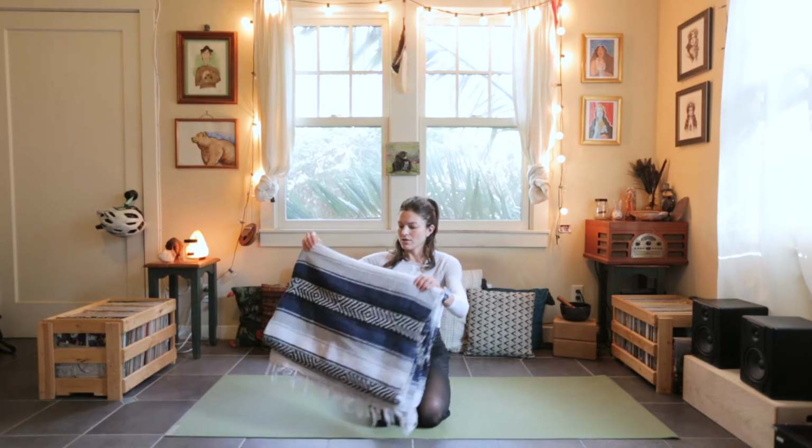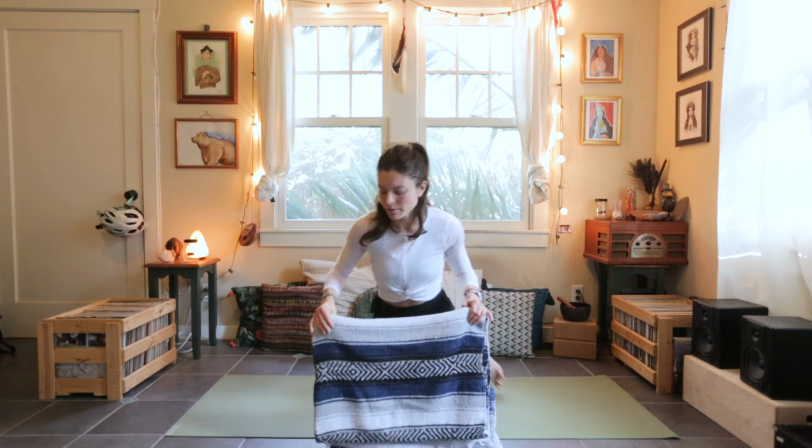Today I have for you a full Kundalini set for bedtime. So this whole set, which is very short, it's only 4 postures, will really help to work some magic on our nervous system and relax and ground us for better rest and for better sleep. So go ahead and grab a blanket for today. And then you might even want to sit on your blanket,